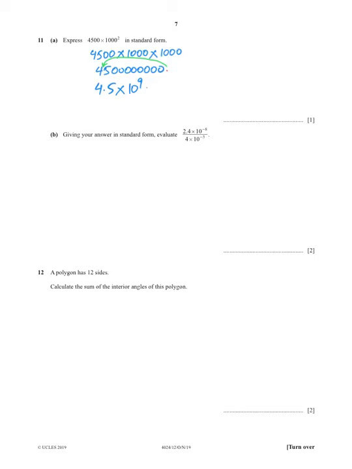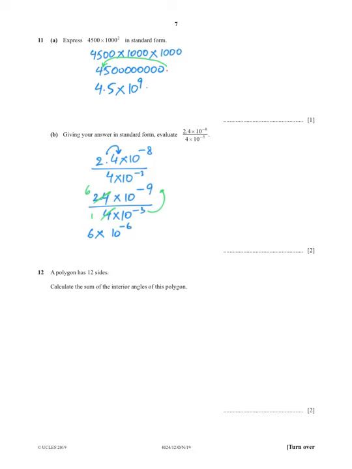Part B. Give your answer in standard form. Evaluate 2.4 times 8 to the power minus 8 divided by 4 times 10 to the power minus 3. So if I write around 24, if I shift the decimal to the right side, that will be equal to minus 9. Alright, divided by 4 times 10 to the power minus 3. Now we can eliminate it. 4 ones are 4, 4 sixes are 24. So it's 6 times 10 to the power. When you shift minus 3 to the numerator, it will be positive 3. So that leads to minus 6, and that is your answer.